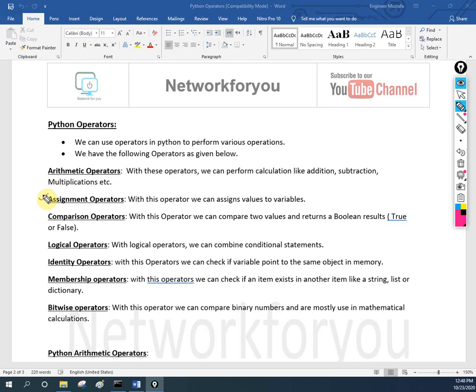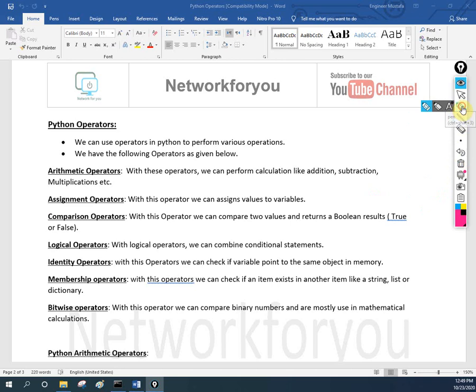Okay. Comparison operator: with this operator we can compare two values and return a boolean result. Like if I say a = 1, b = 1, if a is equal to b, then it is true. If it is not equal, then it is false. We can create some loops and do this in our coding.